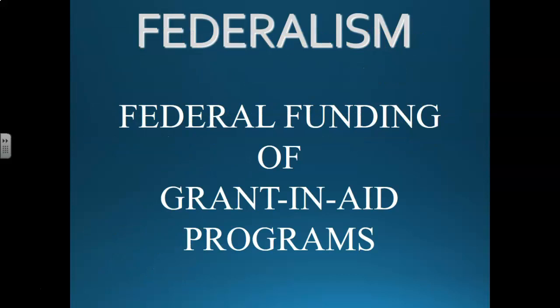Okay, so now we've got to talk about funding real quickly. The federal government obviously makes a lot of money through income taxes and other kinds of taxes, and a lot of times they will share that money with states in what we call grant programs. And so we're going to go over three types of grants. And these are all examples of how the federal government gives state governments money, but some are more liberal in how they do it, and some are more conservative in how they do it. And so we're going to go over each of those. And so you're going to need to know the specifics of these three.